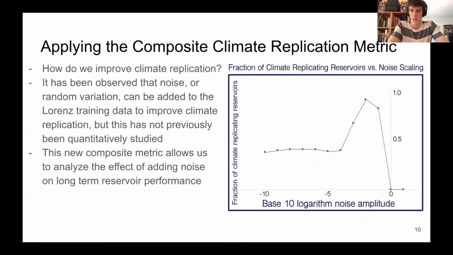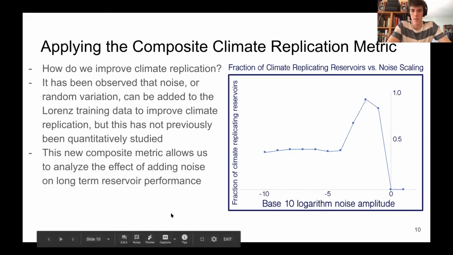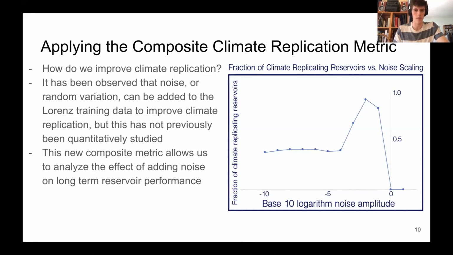So what's an application of this new metric? We ultimately want to use this metric to guide research on how to improve climate replication for reservoir computers, but for machine learning more generally. So with some reservoirs, if you don't give it any noise or just random variation in the training data, it'll do pretty poorly. But as you add noise, you can get a greater fraction of your reservoirs to give good